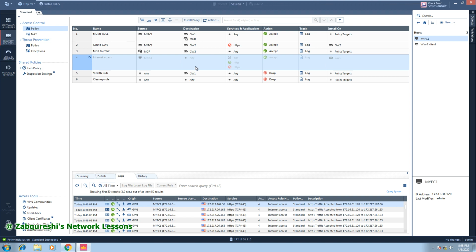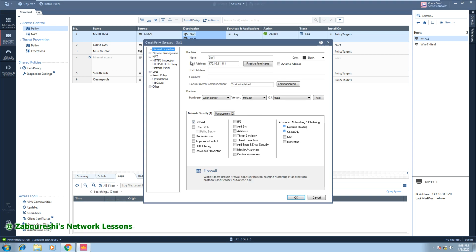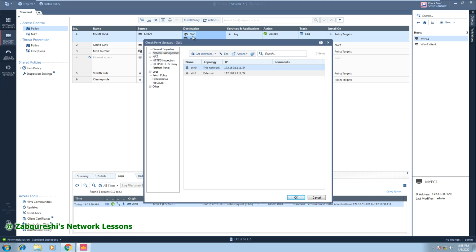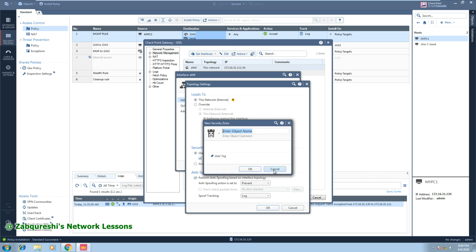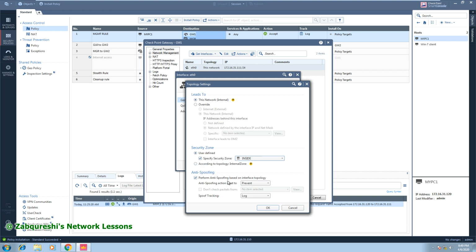For that, what you need to do is you need to go to the gateway and assign the interfaces to the zones, right? So how do you do that? You go to the properties and go to the network management section, and if the interfaces are not there, you just go and get the interface with topology or without topology. Once you get the interface, you click on that interface and click edit, and this ETH0 is my inside, right? So that is the trusted. You click on the modify, specify security zone. Here I will go and assign this to inside, right? If you want to create untrust or something like that, you can do here, and then I'll create inside, and